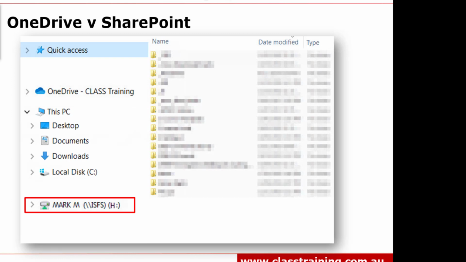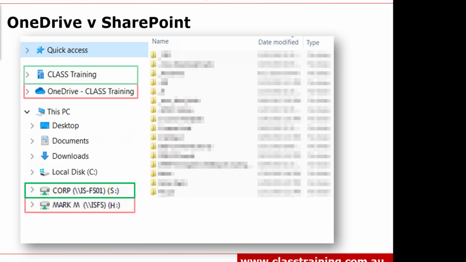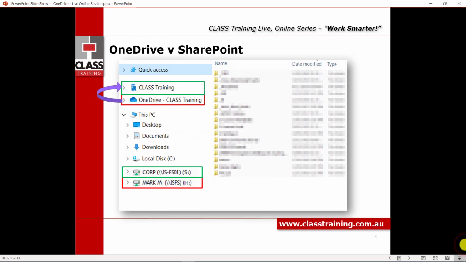make it a lot easier to understand. But now instead of my H drive on the server, or as well as, I'll have my documents stored in the OneDrive section of my File Explorer. So again, these are my documents, no one else can get to them. Again, in the old days, we might have had an S drive where it says corporate there, for example, S for share, or it might be P for public, whatever it might be, and you still might have that in your organization. Those shared documents on that shared drive now will be moved to the SharePoint version of the cloud storage. So you can see a little building icon there with Class Training next to it. And now if I share a document from my OneDrive with someone else, it will move into their SharePoint